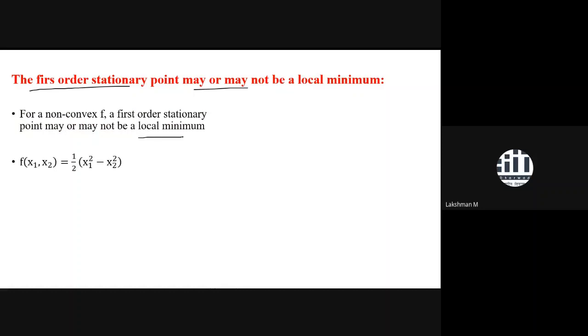One example I have taken, again, is coming from Nesterov's book. Take a function defined by 1/2 times (x1 square minus x2 square). The 1/2 is just for simplification, because when you find the gradient, a factor of 2 will come, so 1/2 and 2 will cancel out. If you want to find a stationary point of this one, how will you find a first order stationary point? Find the gradient at the point